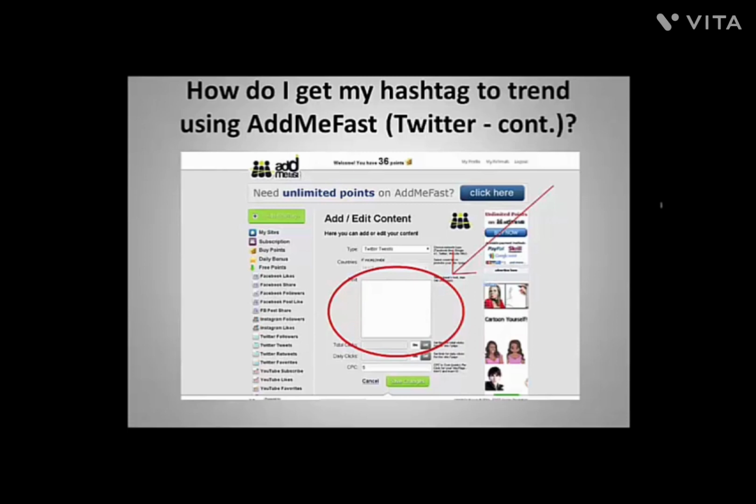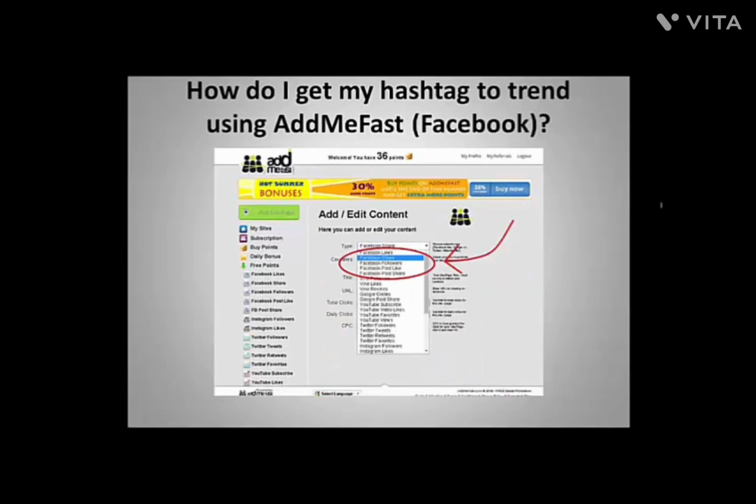Sorry about that. But once again, remember that you're going to want to do your hashtag research to make sure that you're not using one that's already being used. You really want to do something that's really creative and really goes your own way in order to maximize this and really take full advantage of this.